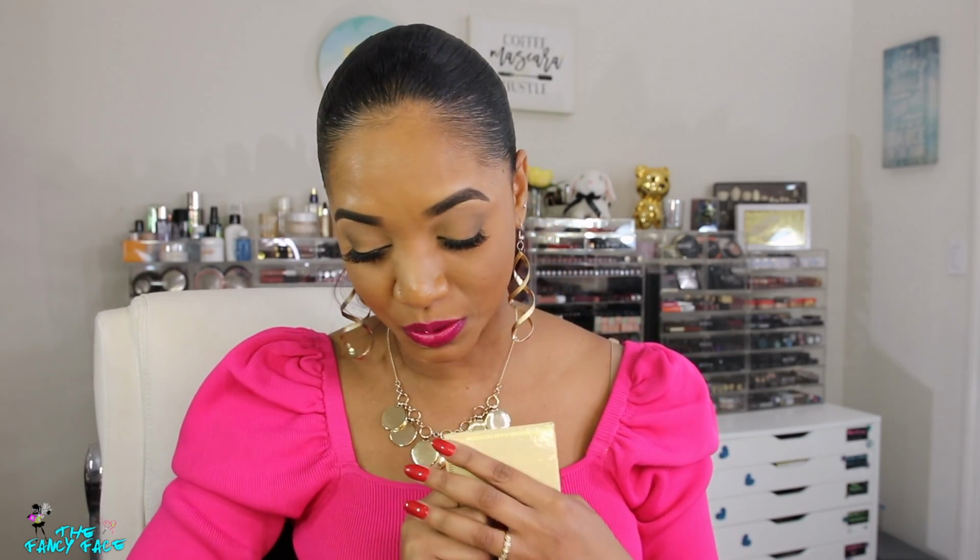So it's one of my favorites. It's a long-term favorite, and I kind of want to keep it in the roundup, but I could do without it, you know, because there are other eyeshadows here that I would choose over it. But at the same time, I'm like, but that would be a good staple palette as well. And then the last one is the Tartist Pro